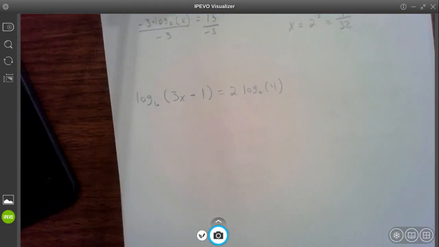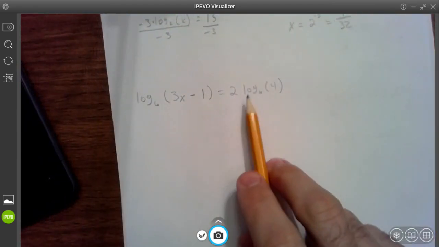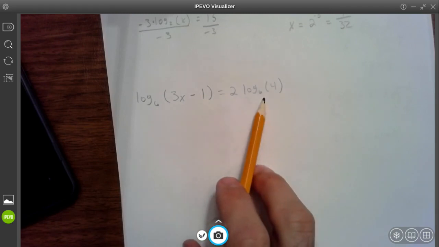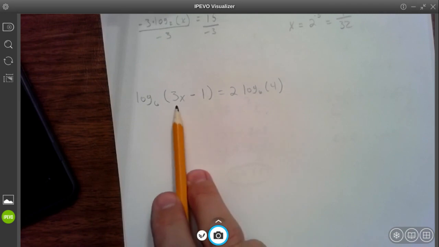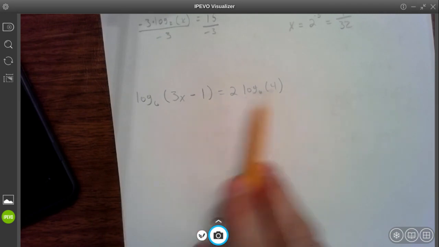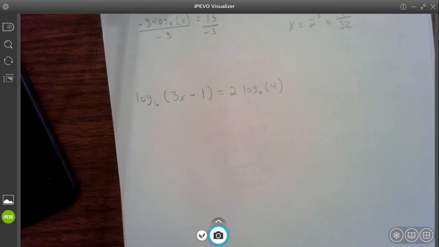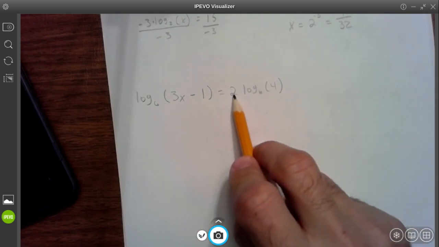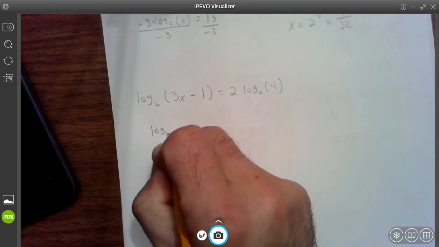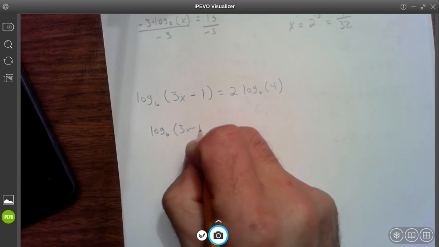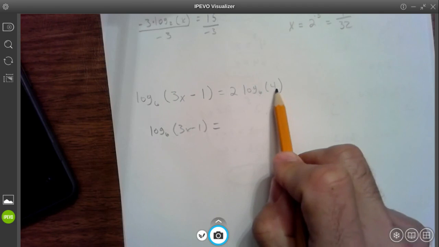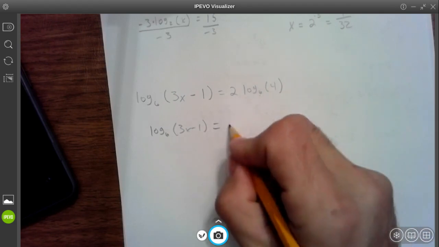All right, last example here. Let's see here. I've got 2 logarithms, and both of them are base 6. What I'm going to do here is get log base 6 on both sides and then exponentiate it. So I need to put this 2 back into the parentheses. Right? Log base 6 of 3x minus 1 equals log base 6 of 4 to the second power,